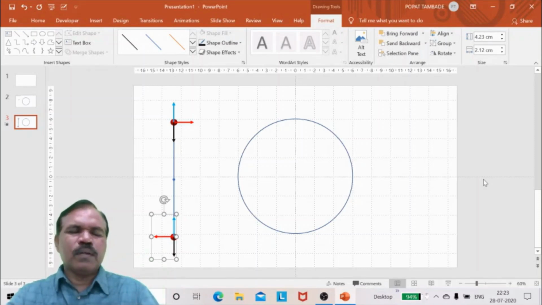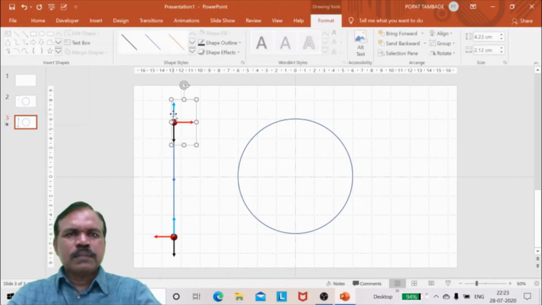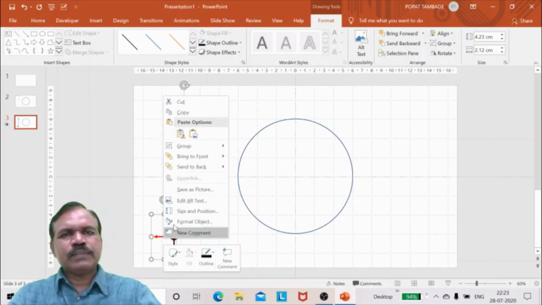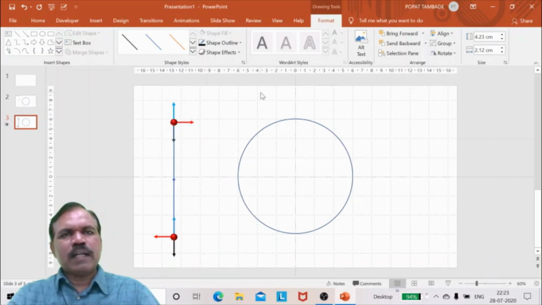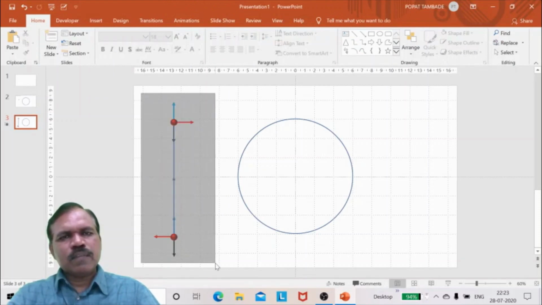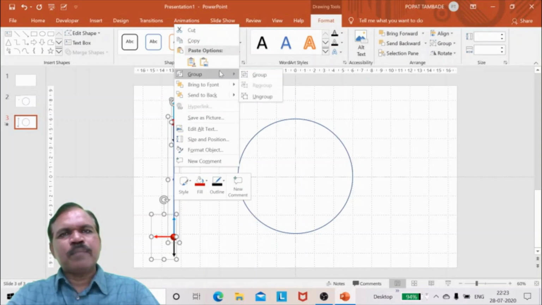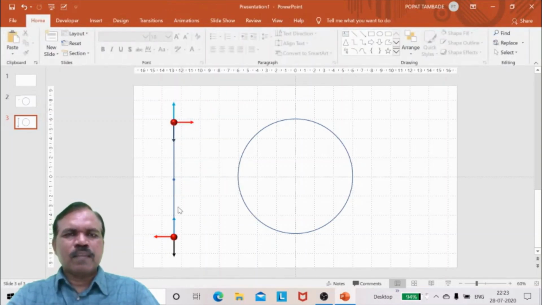You have to arrange like this. So now send this and this to back. So send to back. And now select all these. You can group them. So group here.